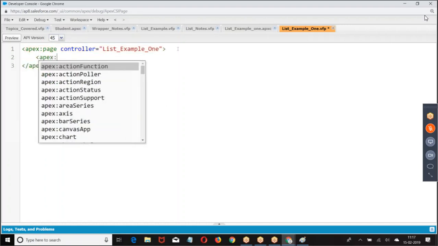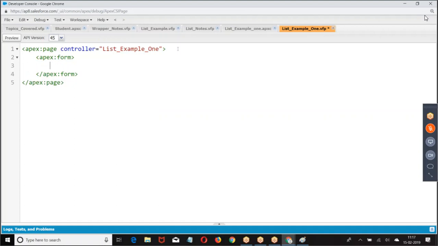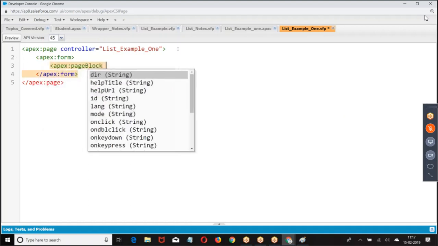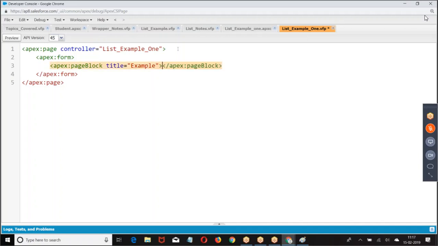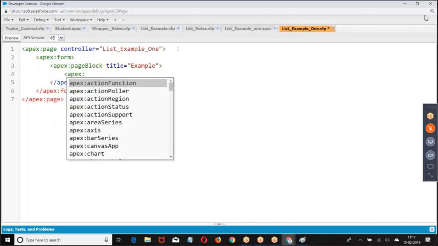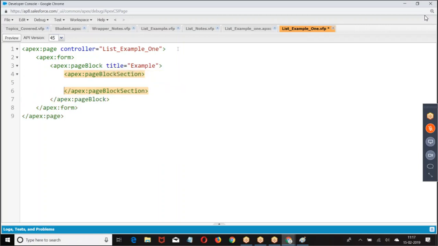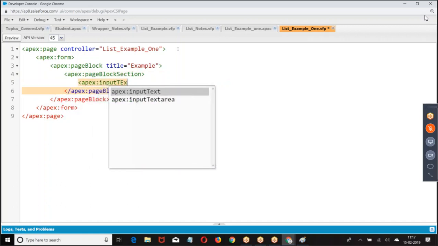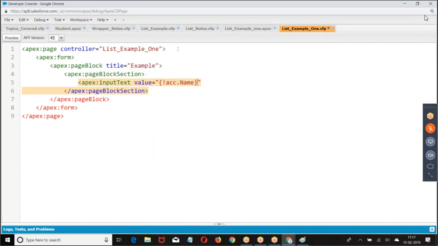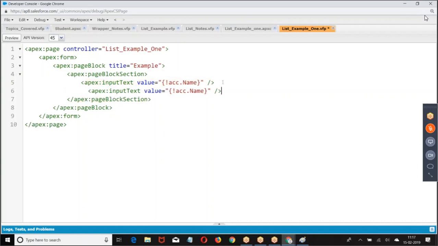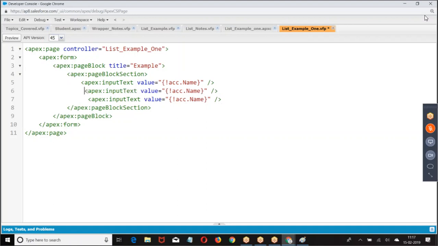Then I'm taking apex:pageBlockSection, apex:inputText, value equal to ACC.name, then industry.